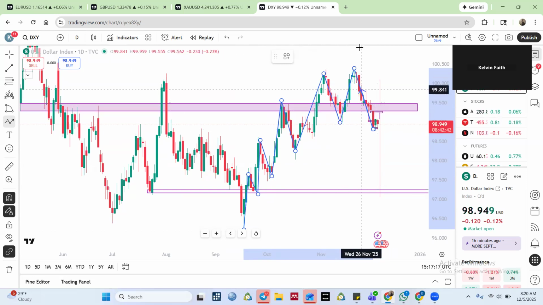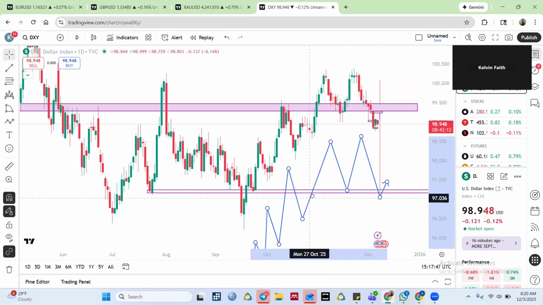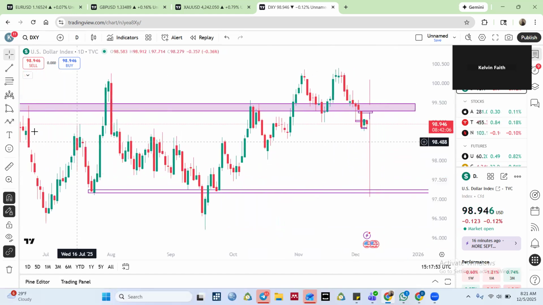This is also an M pattern, a double top. It looks like there is a double top here. So this is kind of a reversal pattern, but it fails to give us a new high and drops to crash the low. So we should just get some slight retest and then a drop. Typically this is what we should expect. But is price going to give us that? I don't know yet.